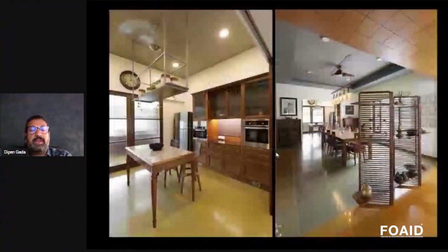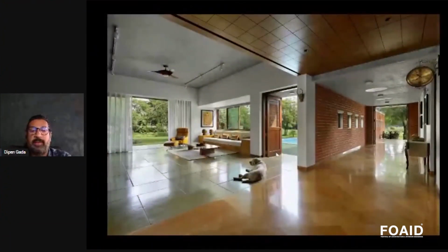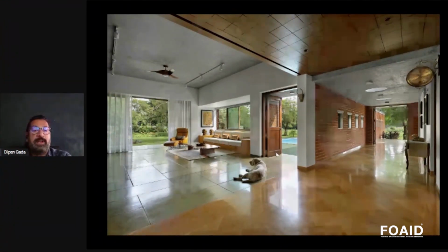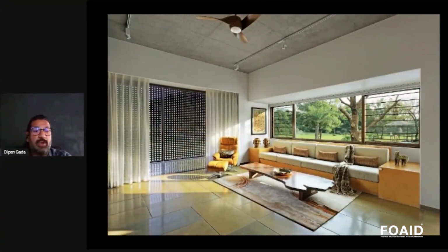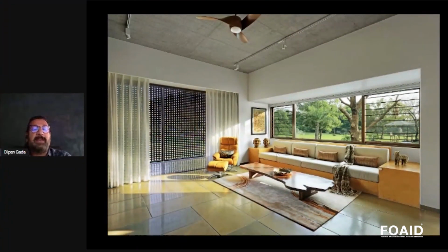Again, Mr. Natu is holding his position in the living family room, which is well connected with outdoor and indoor, and the axis is well connected all throughout. This is when the screen is off, and this is when the screen is on. The design of the screen with the 8 feet of veranda has been done in a way that it absolutely gives a sense of privacy, a sense of security, a sense of